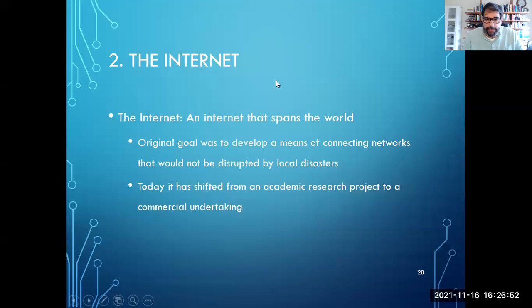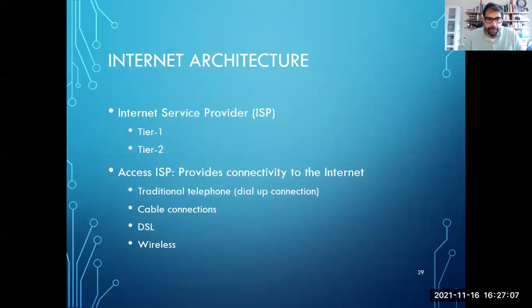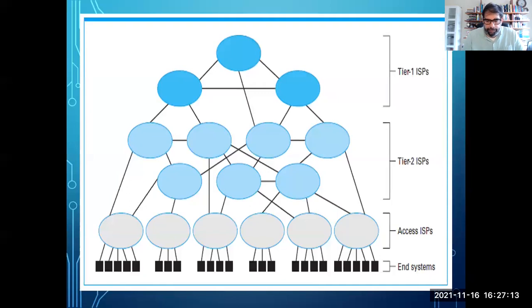All right. So the next topic that we want to discuss today is the internet itself, the architecture of internet. We have already talked about internet. Today we'll talk about its architecture specifically. So internet architecture can be best understood by looking at this diagram. So these black boxes at the bottom, these are the end users, or typical individual users, and they access the